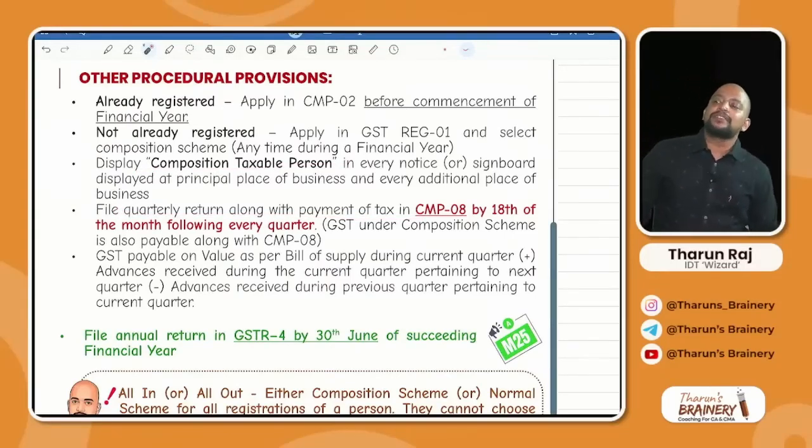So they will be filing monthly return or quarterly return? Quarterly return along with payment of tax in CMP 8 by 18th of the month following every quarter. Got it? Quarterly. And even they will pay tax at the time of filing this return. Then whether they need to pay GST on advances or not, they